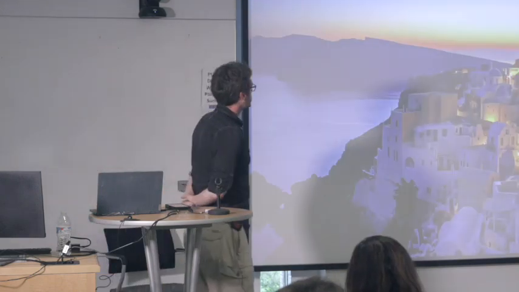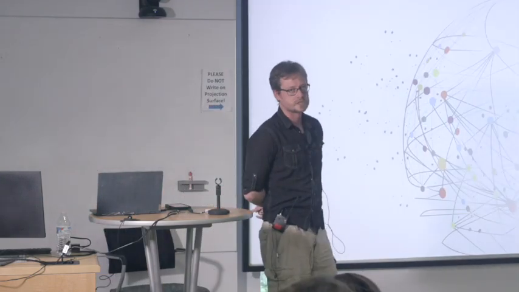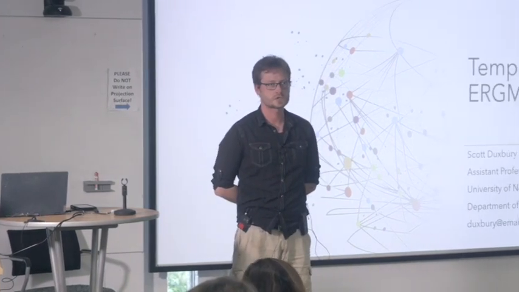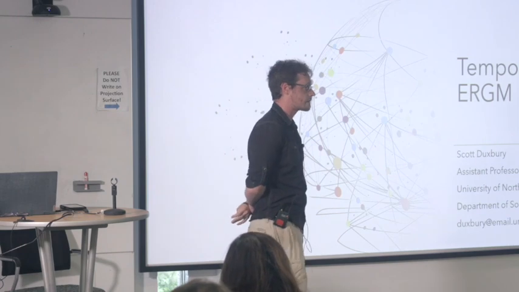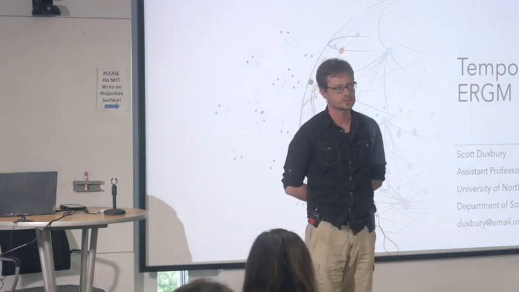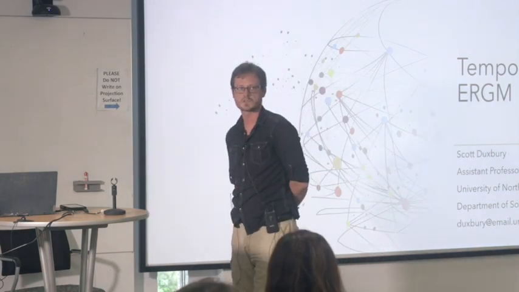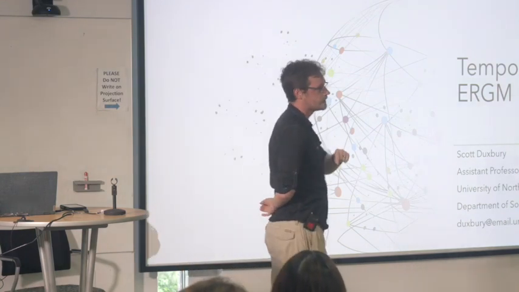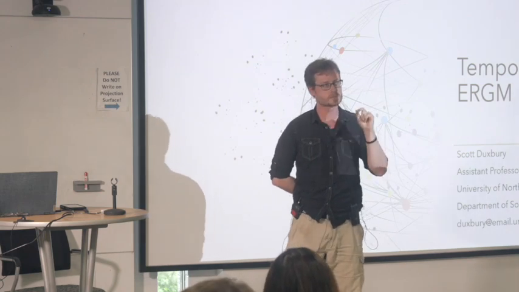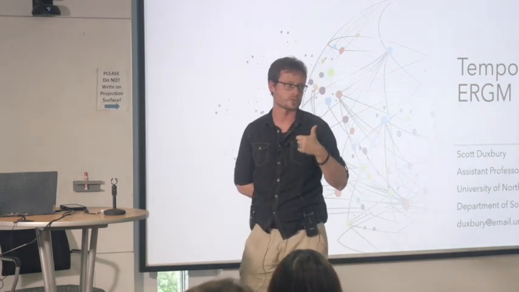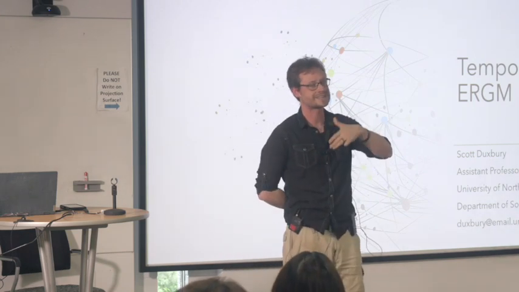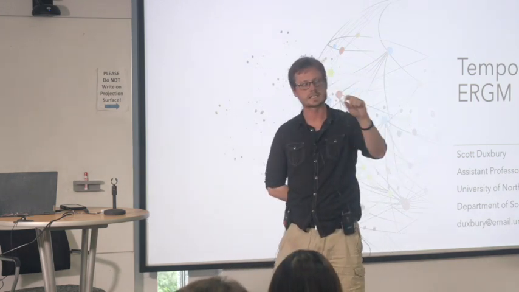So the fundamental idea behind TERGM is that what we're trying to do is create a model of network change. And we're trying to create a model of network change that captures interdependencies between data points. So my understanding is you all have talked a bit about ERGM today. And what the temporal exponential random graph model is trying to do is take the ERGM framework, specifically its generality, its ability to account for exogenous edge-level processes, node-level processes, dyadic processes, and endogenous statistics, and extend it to a